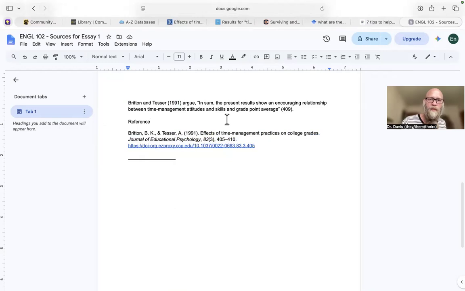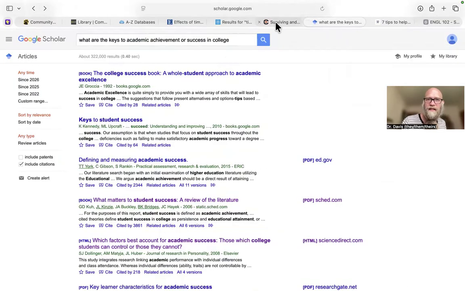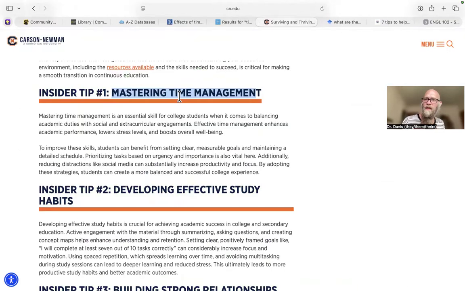So we found this source by starting off in a couple of places. We looked in Google and RefSeek for sources. The Google and RefSeek sources are probably not good themselves. It's on the open web. They could be written by experts and might not be, but they're not academic sources either. And so we want to find academic sources. We use them to find keywords like time management. Some stuff you already know in your mind. You don't have to look up time management, for example.